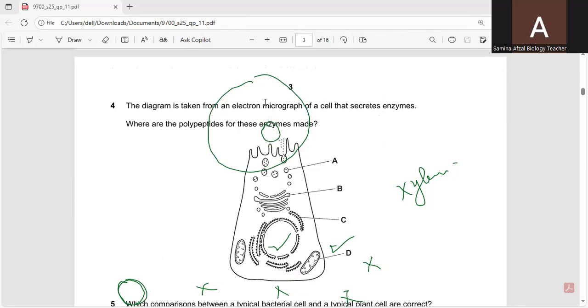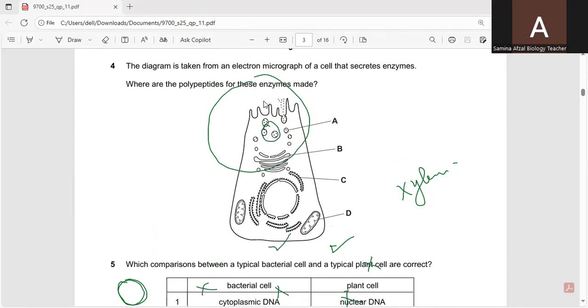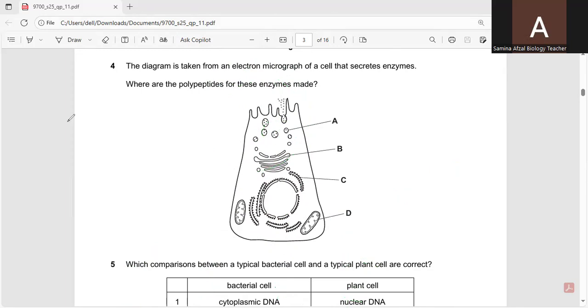Now I'm moving towards question number 4. The diagram is taken from an electron micrograph of a cell that secretes enzymes. So where are the polypeptides for these enzymes made? Polypeptides are the protein chains which make the enzymes. So you can see the 4 different options have been given over here. So according to this,